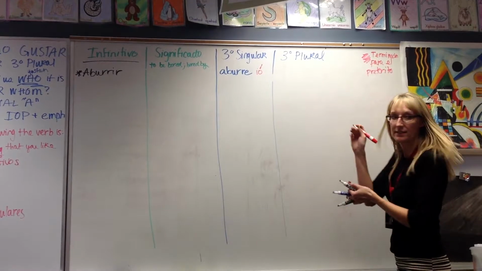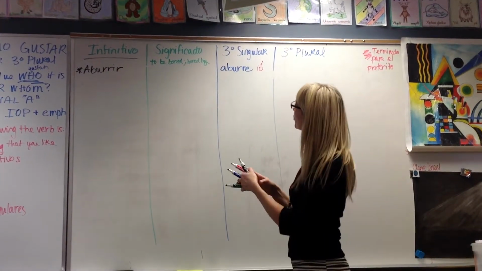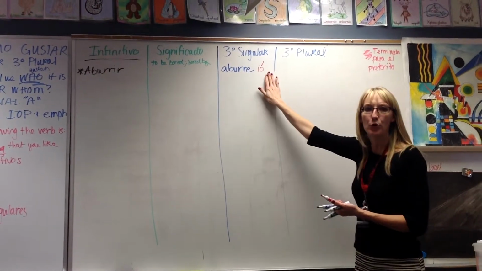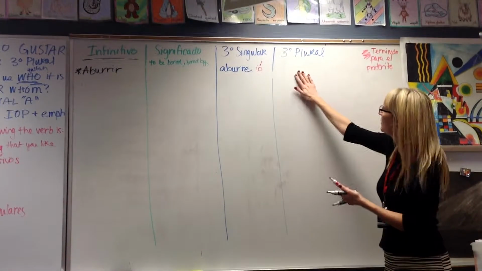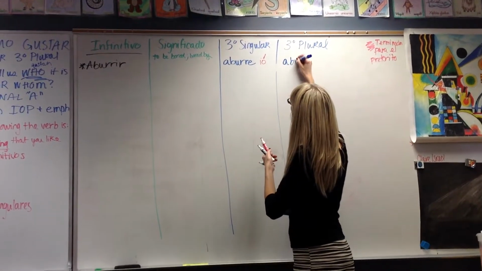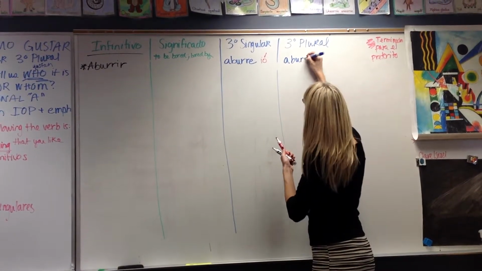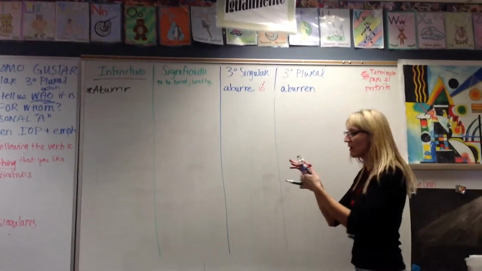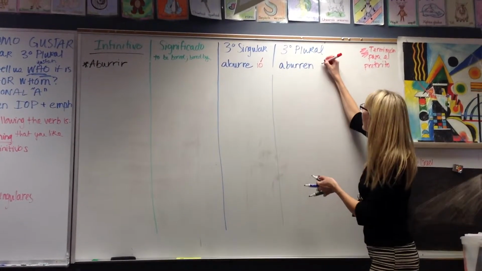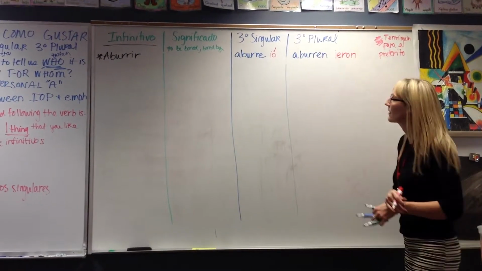Of the preterite. And that way you'll have the present and the preterite all on one list, okay? Aburrió. Okay, so we have, repite todos. Aburre. Aburrió. Muy bien. What would the third person plural be? Aburren. And what would your preterite ending be? Ieron, right? Aburrieron. Ieron is going to be our ending there.